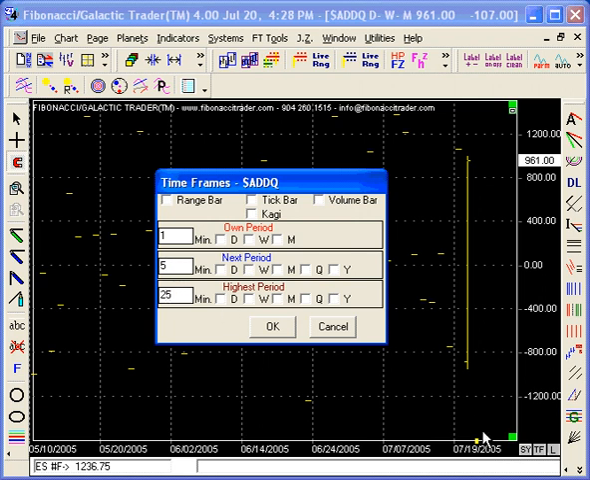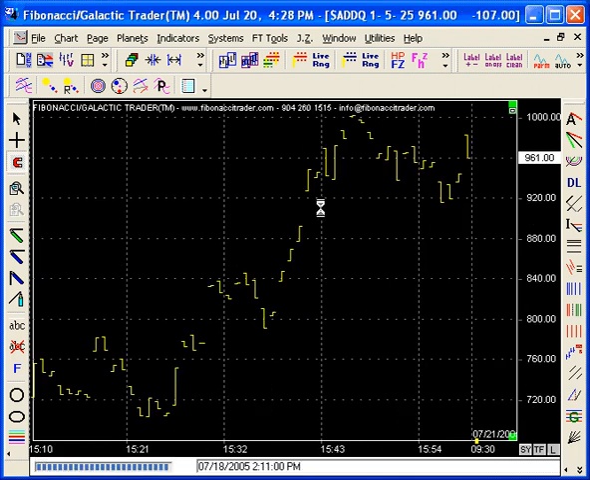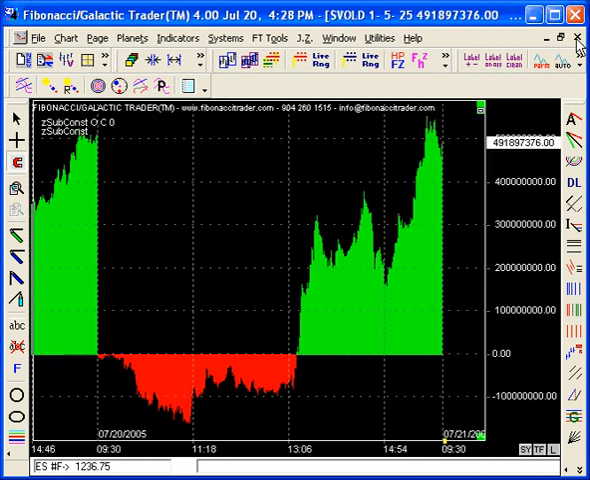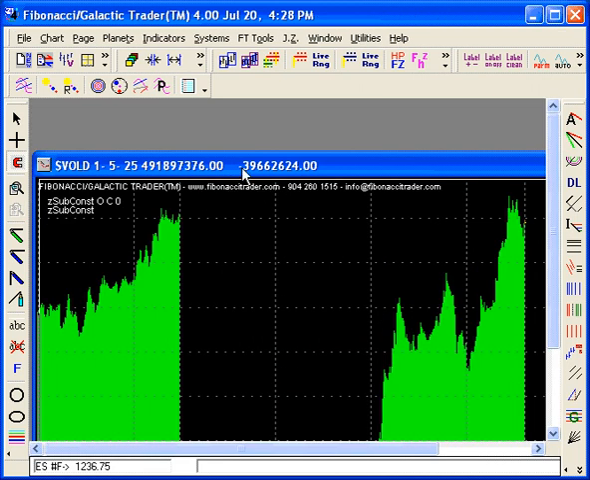I use the TF. I click the TF and convert to 1 minute. Now we have a 1 minute chart of the $ADDQ. I'm going to close this. I don't need that there. I can close this chart and go back just for the